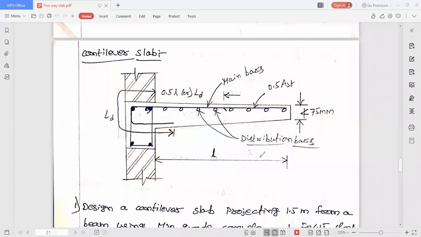Okay, now let us discuss in detail the structural behavior of a cantilever slab. We know that a simply supported slab will be subjected to sagging moment, right? What do you mean by that? You will get compressive stresses at the top, you will get tensile stresses at the bottom. That's why we will provide tension steel at the bottom of the slab instead of at the top of